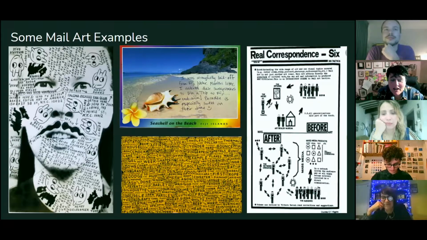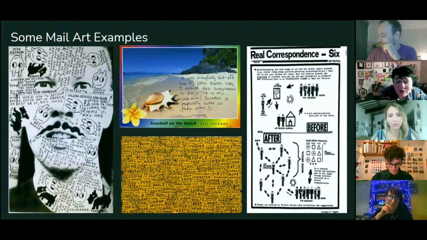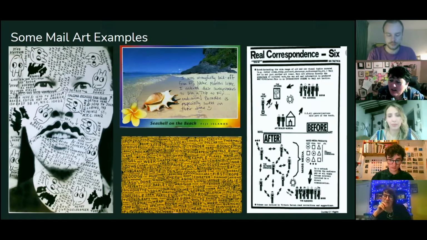The next one, the shell on the beach, is a really lovely, simple one. It's quite ironic. It's from an exhibition called Irony. The person that sent this postcard sent it to himself. He used to work for the Fiji Islands tourist board, and he was made redundant. And then ironically, he won the competition for a trip. He thought that was really bizarre. So that's just a really simple state of irony.